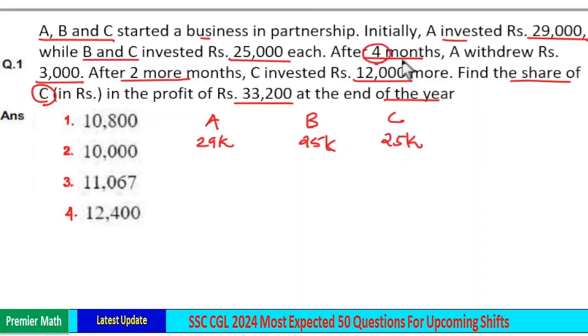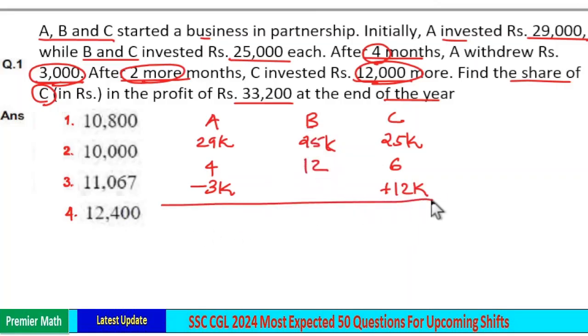Now, after 4 months, A withdrew rupees 3,000. After 4 months, A withdrew 3,000 and after 2 more months, C invested 12,000. 2 more months means after 6 months, C invested 12,000, which means B invested for 12 months. Now, take the ratio. When you take the ratio of A, B and C's investment, this 1,000 will cancel each